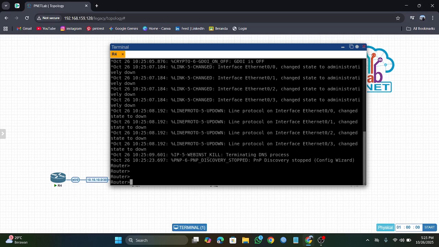On Cisco there are several levels, whereas on MikroTik you can configure directly.